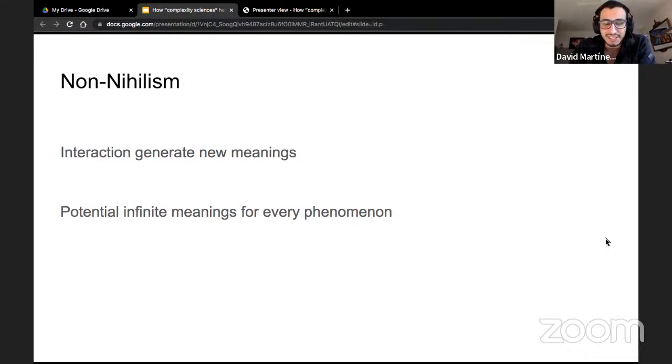And this view is interesting because it brings a new scientific spirituality that maybe sounds weird because many reductionist scientists deny these kinds of meanings. But I think that finding meaning in some phenomenon can be really enriching.